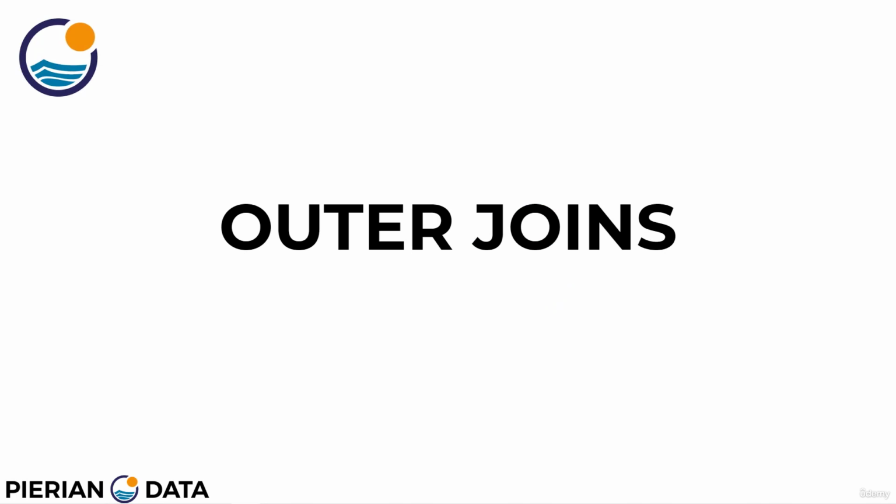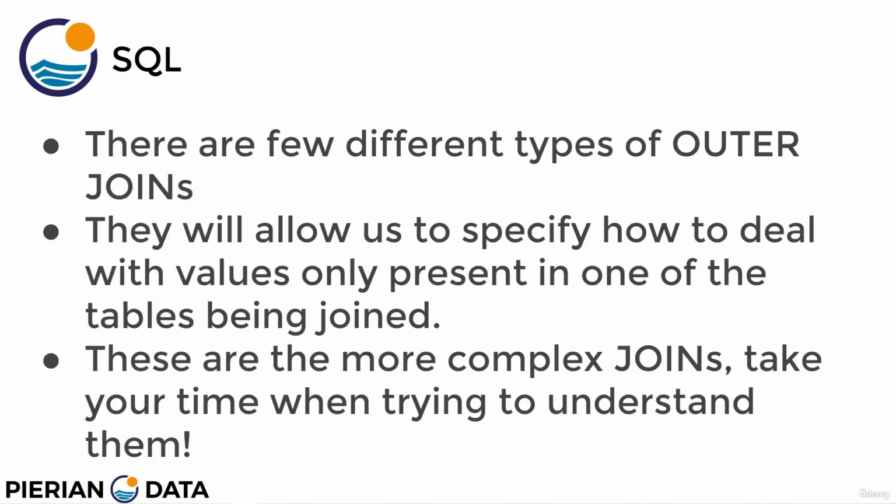Welcome everyone to this series of lectures on outer joins. As I mentioned, there are a few different types of joins, and one subset of these is outer joins. There are actually a few different types of outer joins. Outer joins essentially allow us to specify how to deal with values only present in one of the tables being joined. And these are more complex joins than the simpler inner join, which is essentially the default join, where you